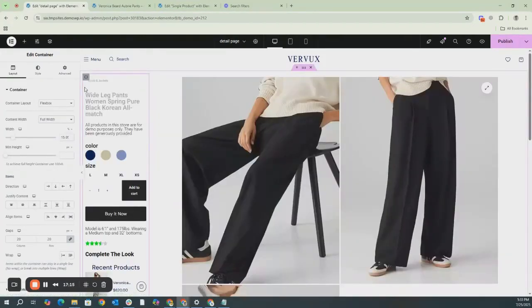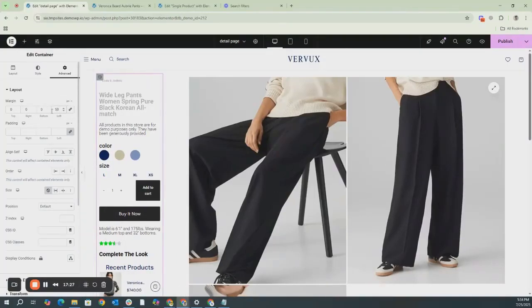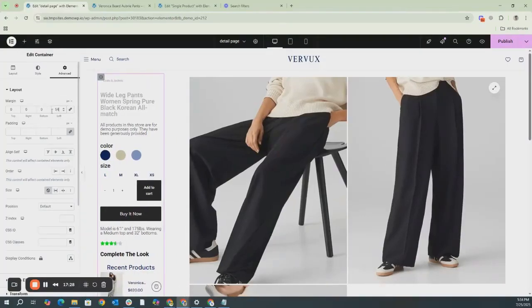appeared. Now, what we aim to do is to provide a substantial margin to this particular container, which is essentially the detailed content container, specifically on its left-hand side. This will help in achieving a more aesthetically pleasing and well-organized layout for our design. Let's give it a margin of 50. You can set the margin as you like,